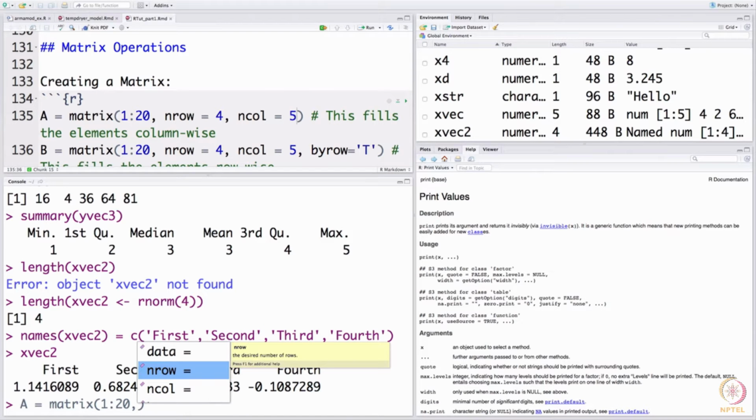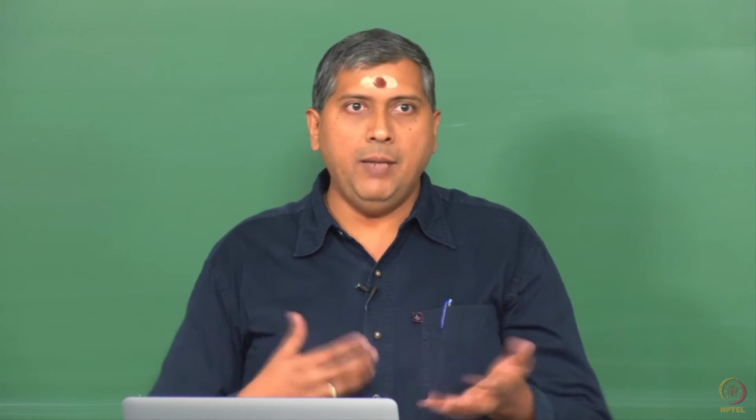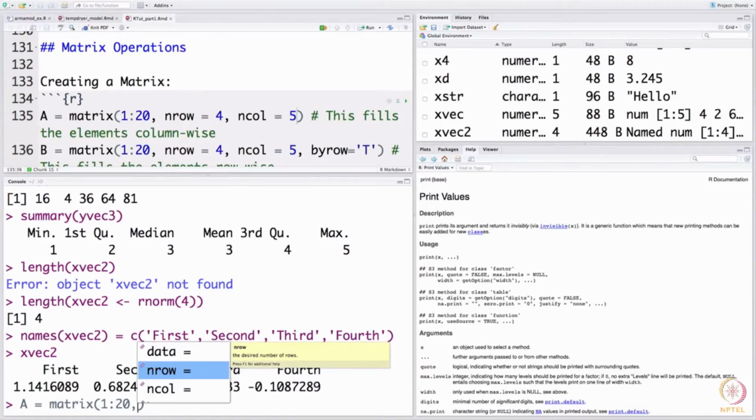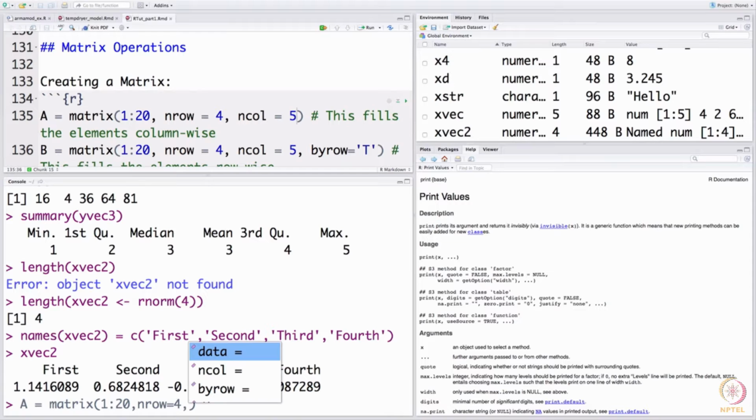The beauty in R is a lot of these commands allow you to specify the arguments to that command in any order that you wish, so long as you specify the argument name. Otherwise, it assumes that the arguments follow the order in which they are given in the help syntax. But it is a good practice to specify the argument name, so that you are clear as to which value is being assigned to what. So, here we say nrow, the number of rows, is 4 and put a comma here and then press the tab. It should bring you the other ones.